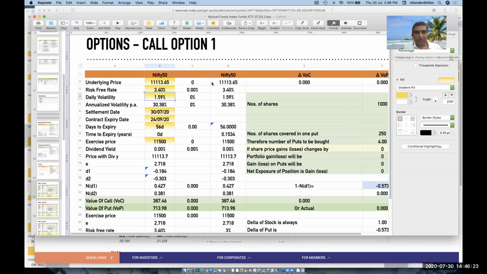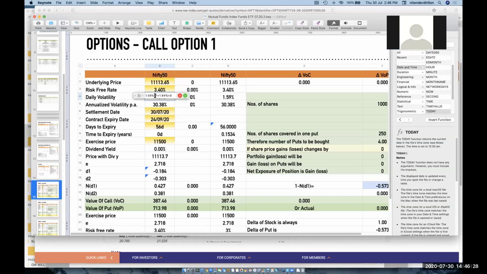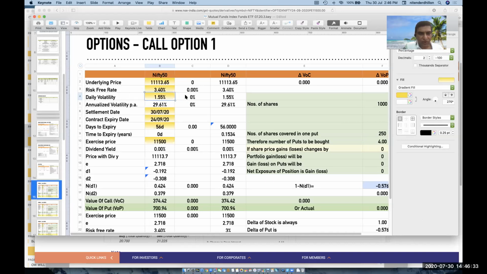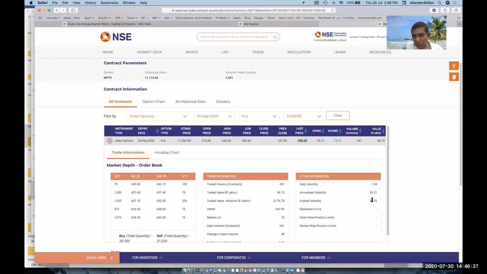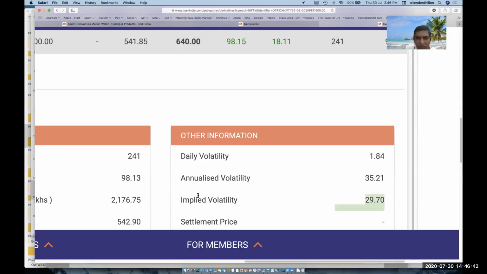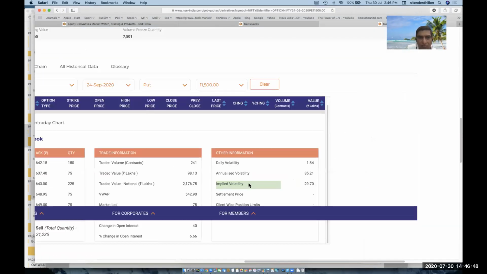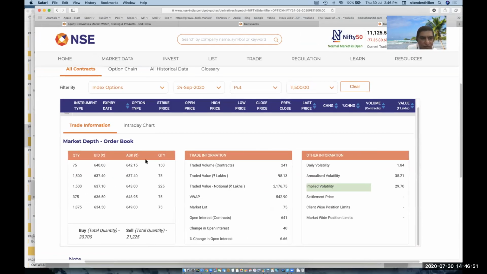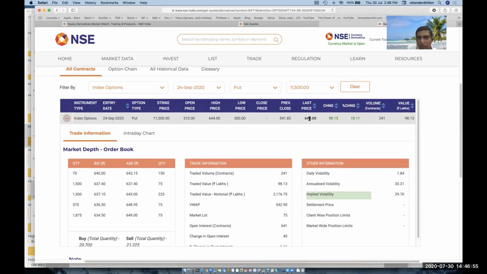Yeah. Okay. So coming back here, all that I'm trying to do here is just change these variables. Sorry. So this 29.61 has come on my screen, and 29.6 is roughly your stock market numbers. So now what does implied volatility mean? The implied volatility means the market is pricing the put option at a value of 640,